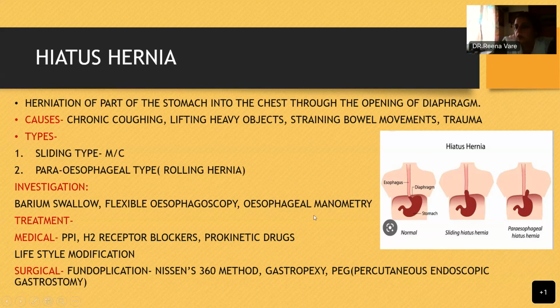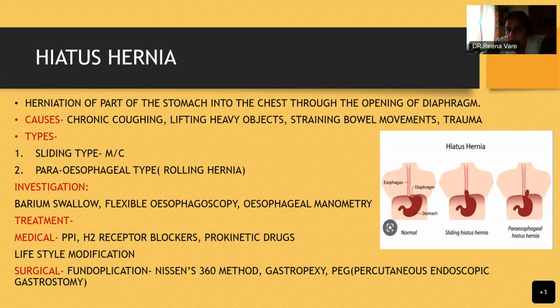With manometry, you have to know what the pressure is, and whether an increase of pressure is causing the formation of the hiatus hernia. So that has to be identified. Now, treatment of choice is again medical and surgical. Medical is PPIs, that is proton pump inhibitors, and H2 receptor blockers. We do require prokinetic drugs, anything which will reduce the pressure, anything which will cause modification of the lifestyle